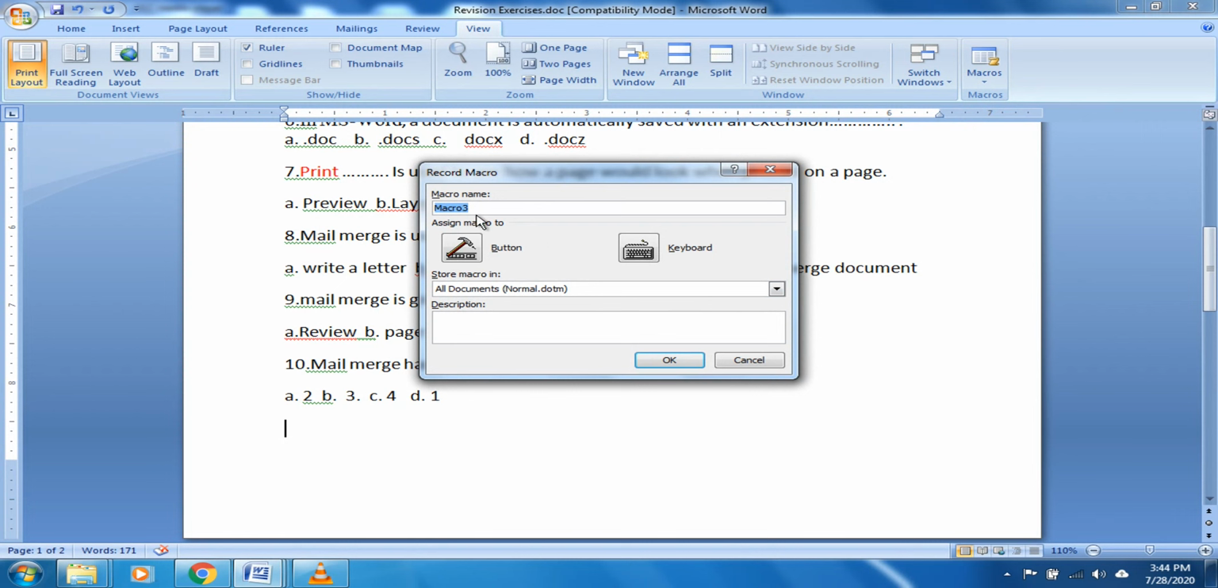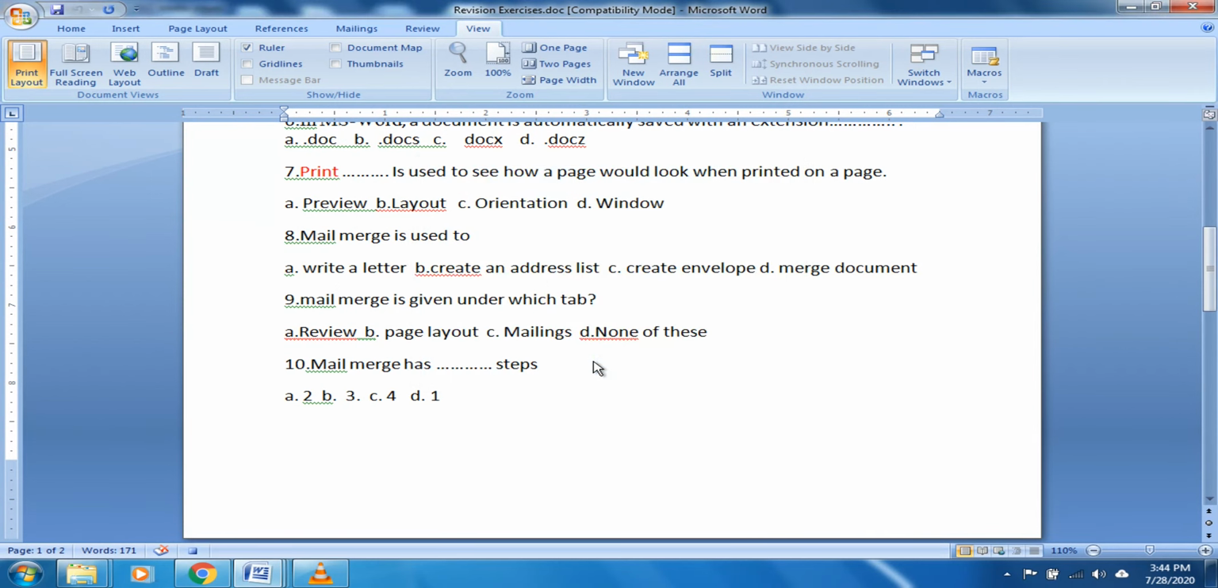By default it's showing macro 3. Maybe somewhere previously in some other document I've used two macros, macro 1 and macro 2. So macro 3 is the name, and it will store the macro in normal .dotm. The extension is DOTM, meaning macro. We are recording a macro. If I click OK, now